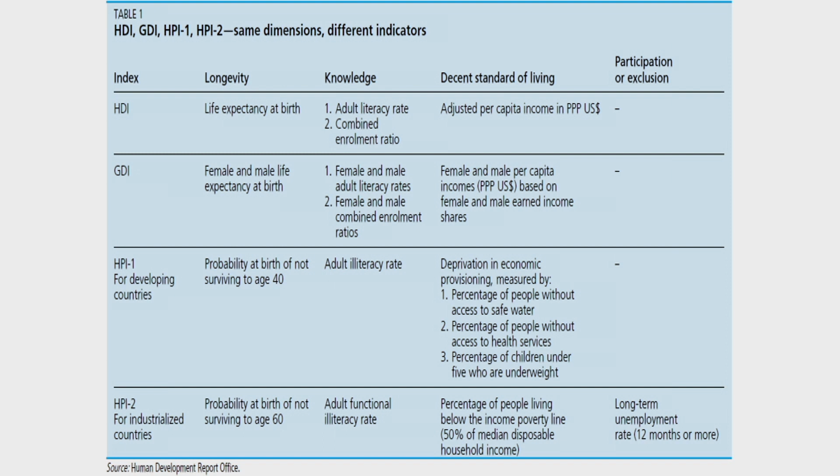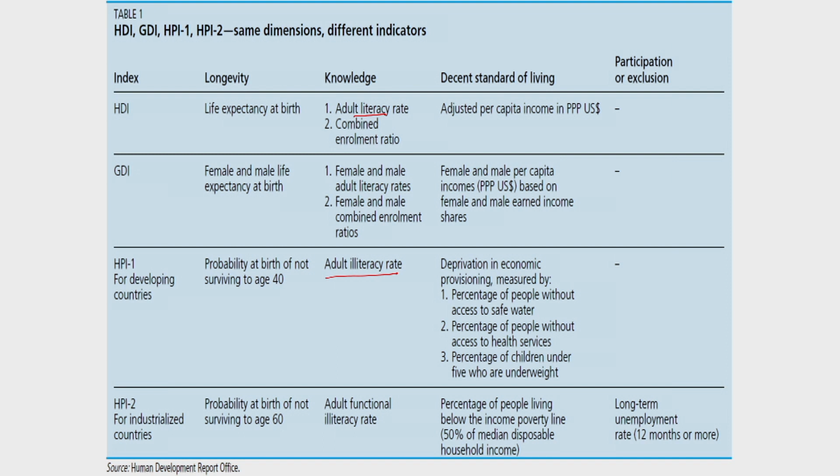The knowledge indicator is adult illiteracy rate. If you notice here, for measuring achievements, the indicator taken is adult literacy rate, but here this is one way of measuring deprivation. It is equally important to measure deprivation as we are measuring achievements. Measuring achievements gives a more optimistic view of how far we have reached in terms of the human development goals. That says how much we have already achieved. But measuring deprivation also tells us how many of us have been left behind in terms of the basic levels of human development. So, adult illiteracy rate is a very significant indicator in terms of the amount of deprivation that exists.